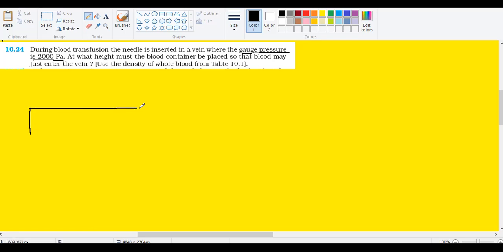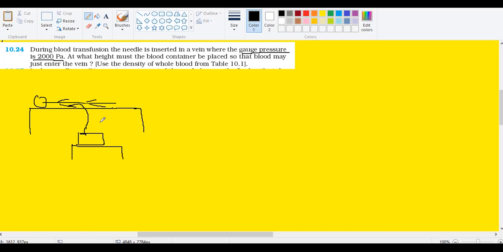What happens is the blood donor will be made to lie down like this in the bed, and then somewhere in your hands, right? They will puncture with the needle, and then that will be connected to the container over here, which means to say that you are at a higher pressure level, right? So the blood, when it is coming out, it will be coming to the bottom level over here. Okay, so there'll be a small bag over here, so it will get filled up in this bag.